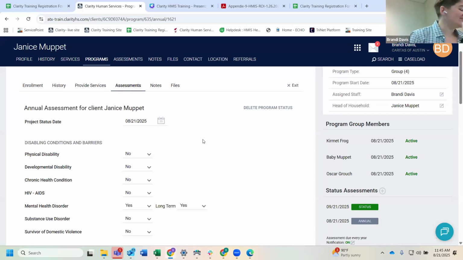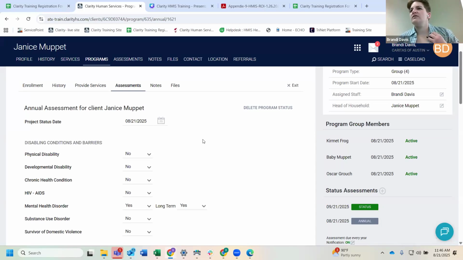Okay. So now last step, we're almost done. Oh, yes, question. Oh, really? It should have saved those. So I'm not sure why that would happen. But it should save it and pull it into where your annual assessment is. So sometimes it is important to make sure that what you're entering saves. And sometimes if there was a required field left blank, it won't let you save it. So if you didn't enter a required field and click save, it wouldn't have recorded that. So that could be a situation.